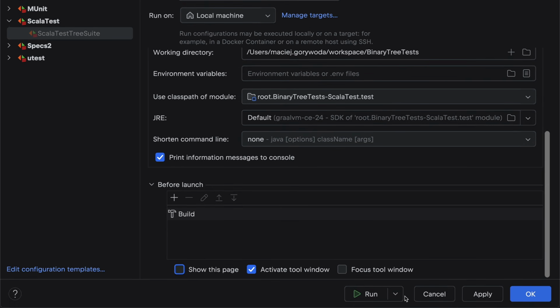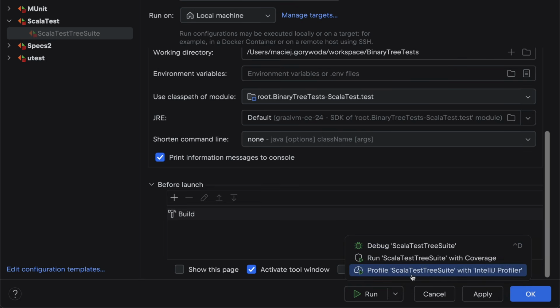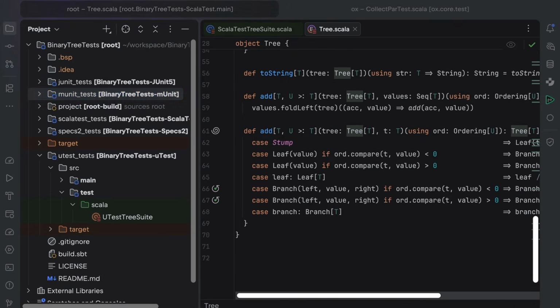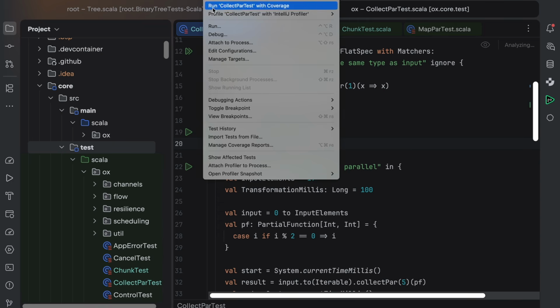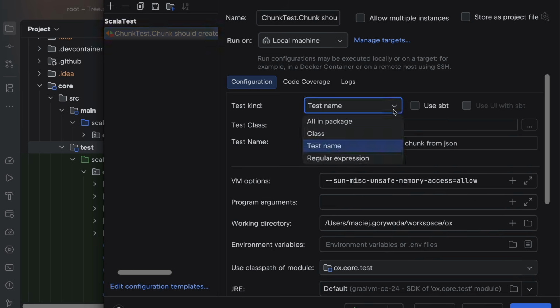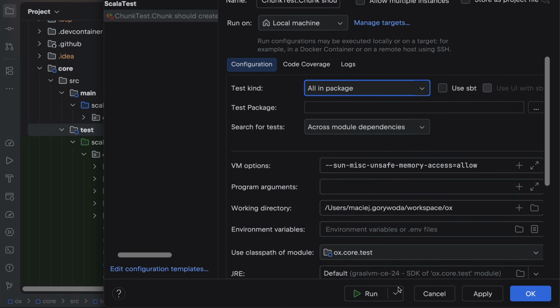By the way, if we click the small downward arrow next to Run, we will see 2 additional options: Run with Coverage and Profile. If you choose Run with Coverage, the tests will run as usual, but in addition to running the tests and gathering their results, IntelliJ IDEA will also calculate the percentage of production code covered by the tests. Let's do it, but first, to get some more interesting real-life results, let's switch back to Aux and run